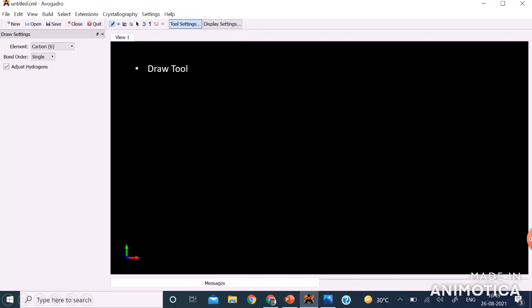The next available tool is the navigate tool. You can get a proper view of the molecule by translation, rotation, zoom in, zoom out using this navigate tool. Near to this is the bond centric manipulation tool.